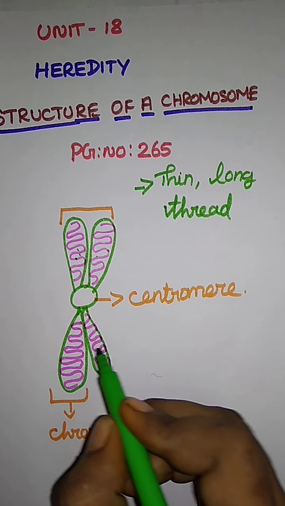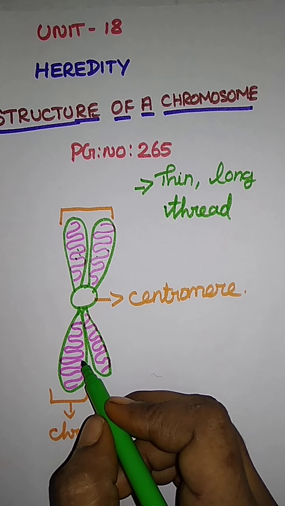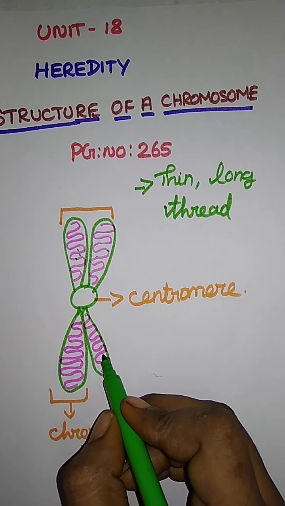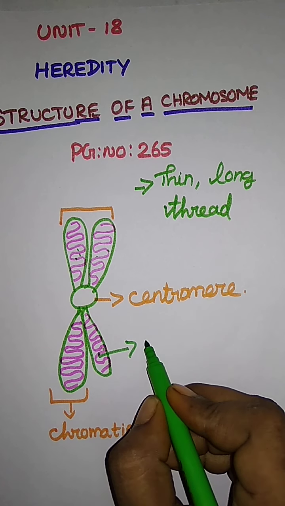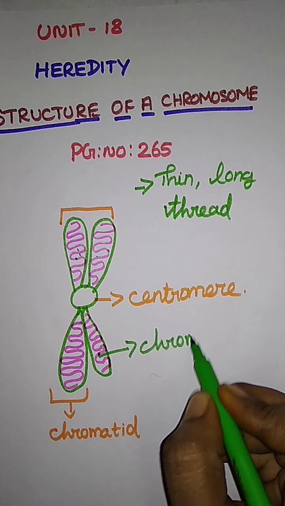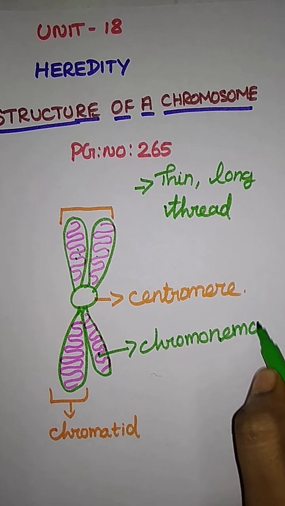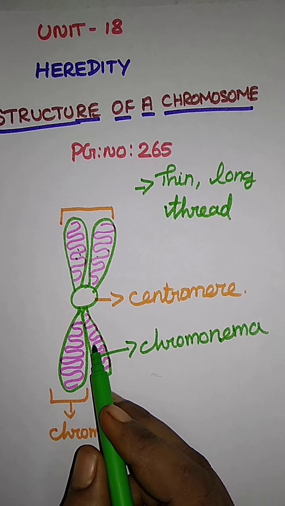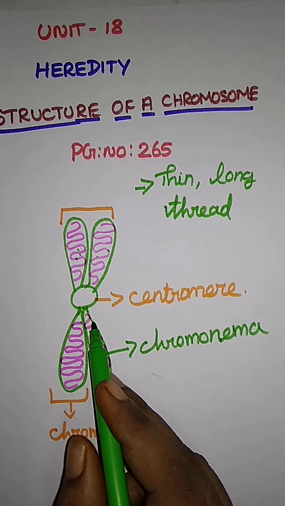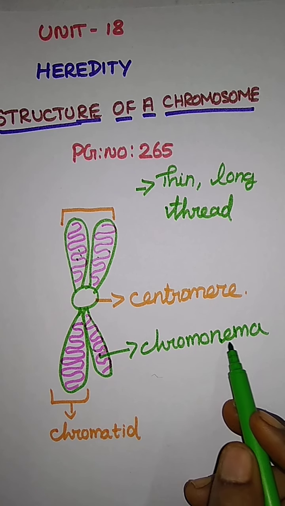Okay? Here the DNA, the thread-like structure, is compressed. The thin thread-like structure in the chromosome is called chromonema. What is the name for this thread-like structure? Chromonema. Spirally coiled, that is DNA, actually. In the chromosomal part they are in a spirally coiled structure. The name is chromonema.